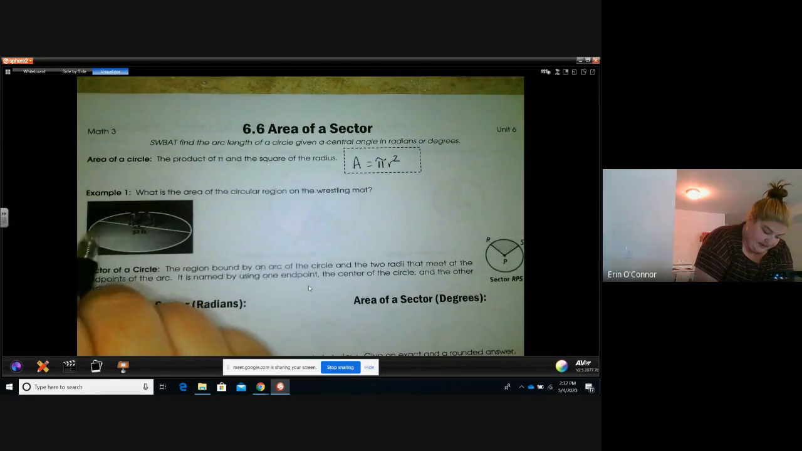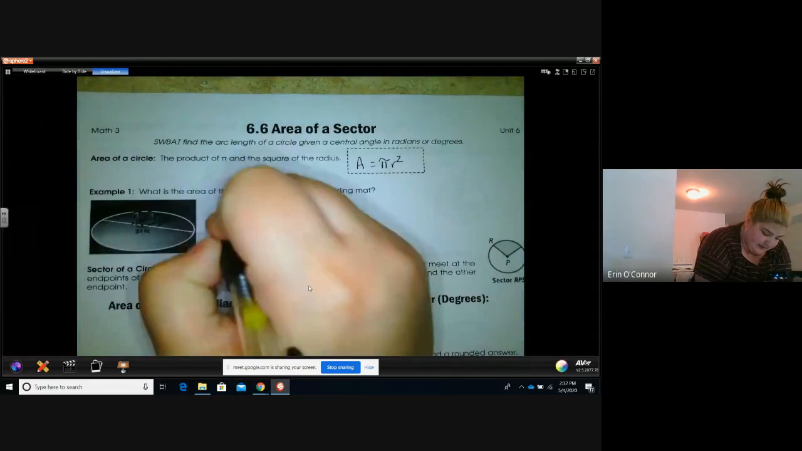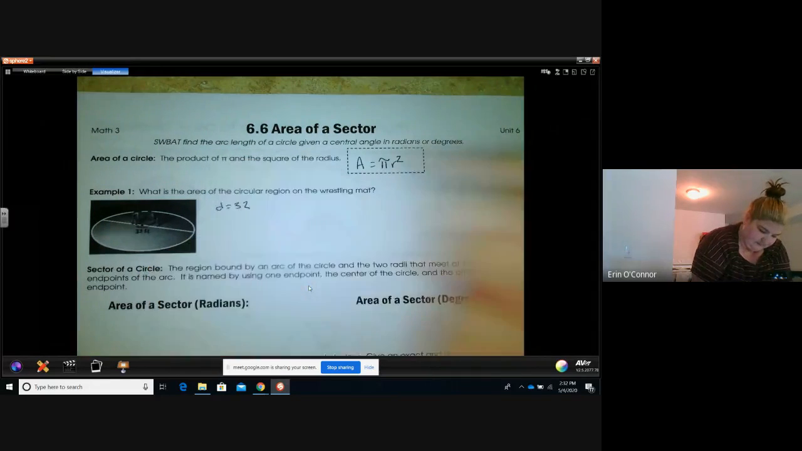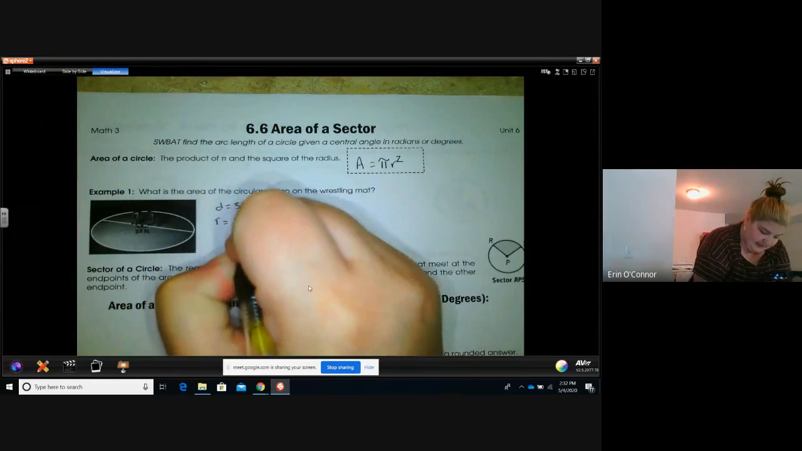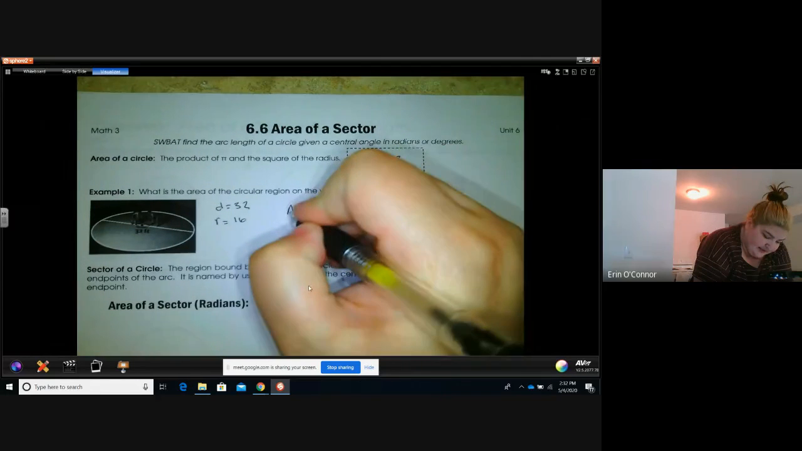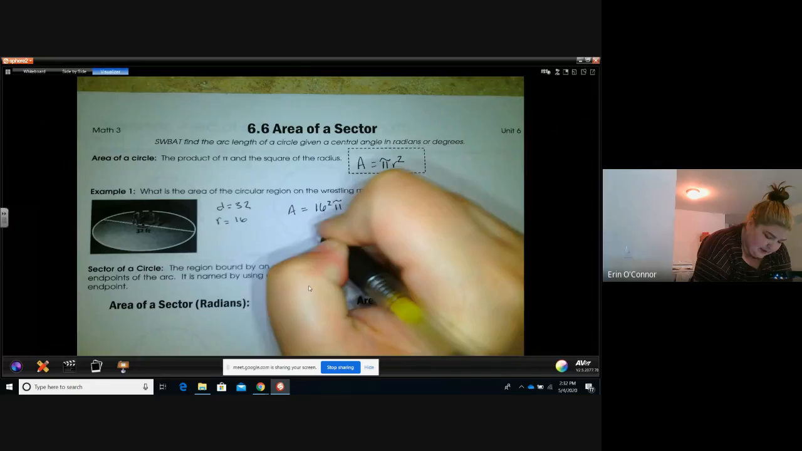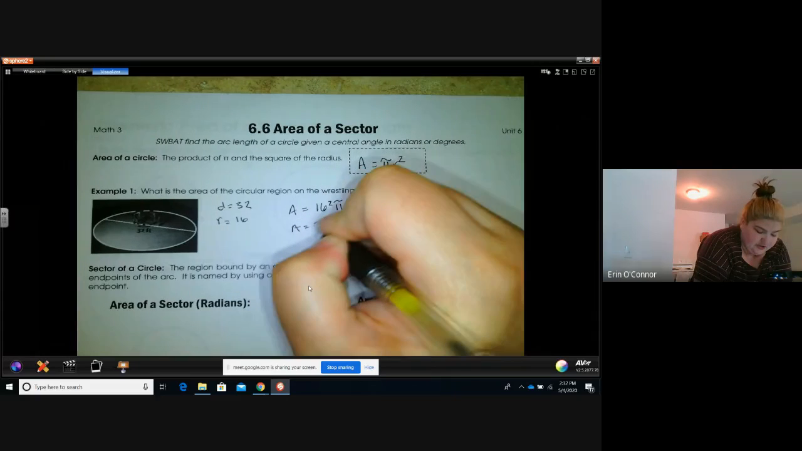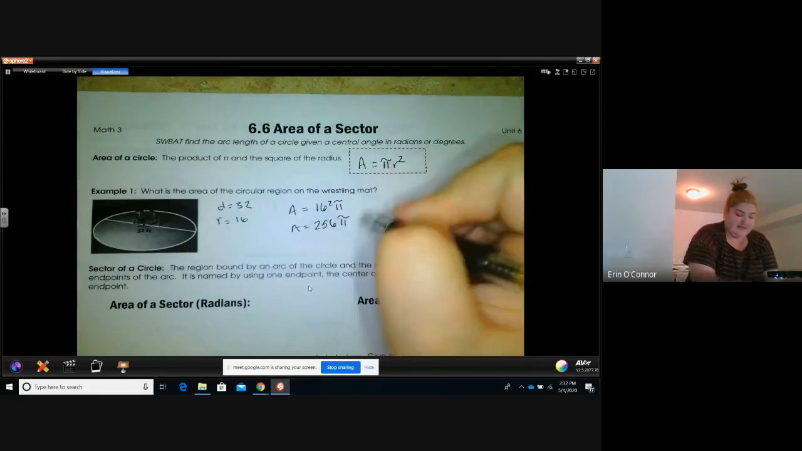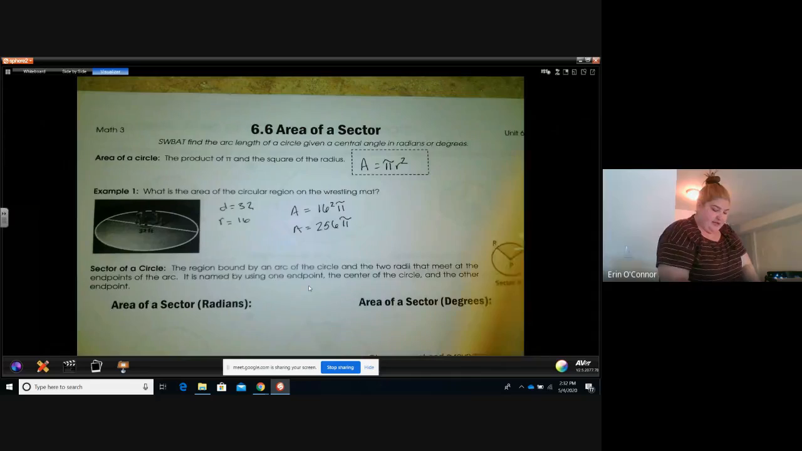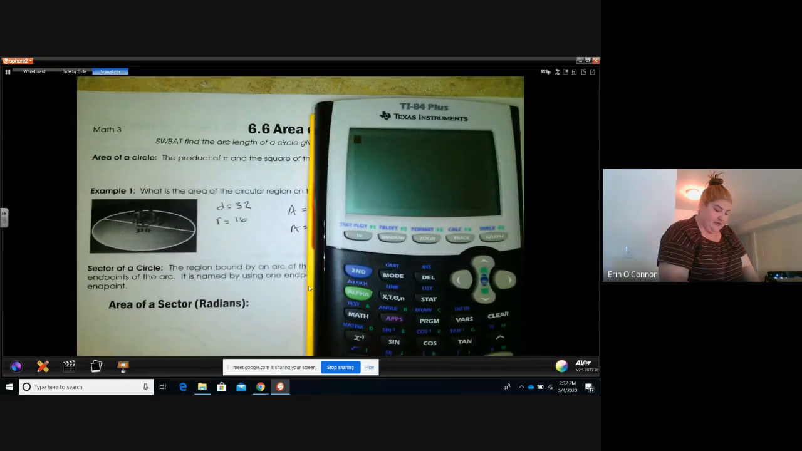Well, the diameter, the full length across, is 32 feet. So the radius would be 16. We do A equals pi r squared, which is 16 squared pi. A would equal 16 squared is 256 pi. That's an exact answer, but if we want the rounded answer, we could do that in our calculators, which is 256 times, not e, but pi, and we would get